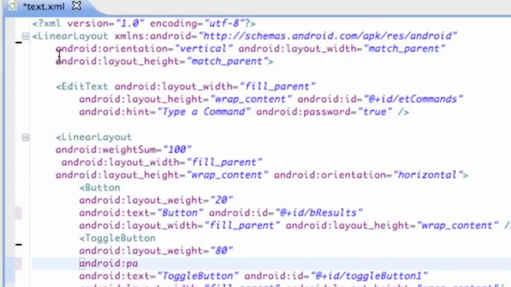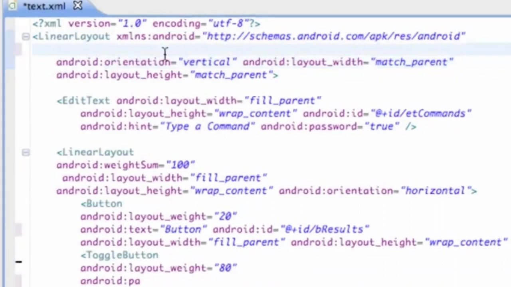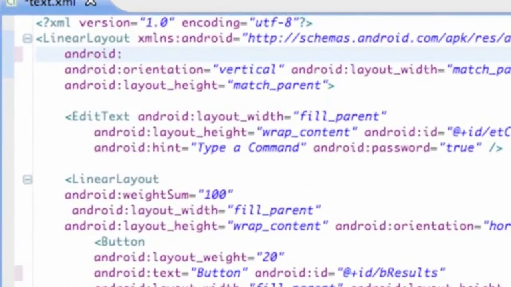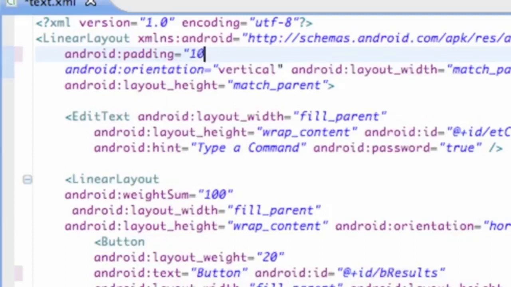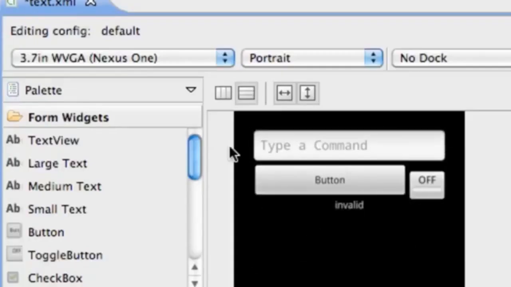Basically what I want you guys to do is go up to your first linear layout. This is the one that fills the whole screen and defines everything else within it, and just add a line of code within the opening bracket. Pretty simple. We're going to say android:padding, and we're going to put 10 dp, or let's do 25 dp, just so we get a desired result. There you go. There's 25 density pixels of padding throughout this whole linear layout that defines basically the edge of this